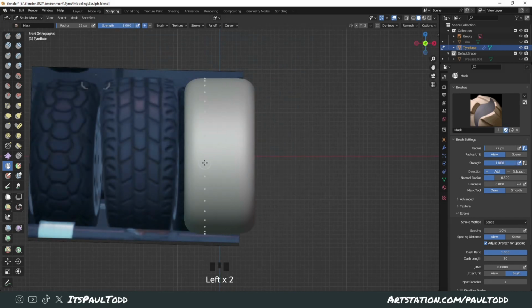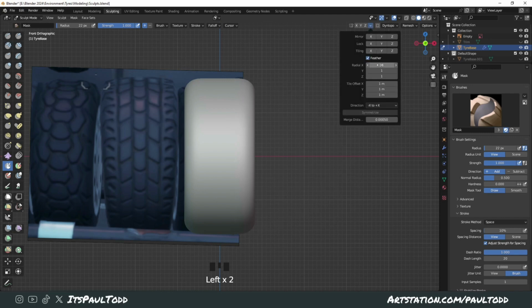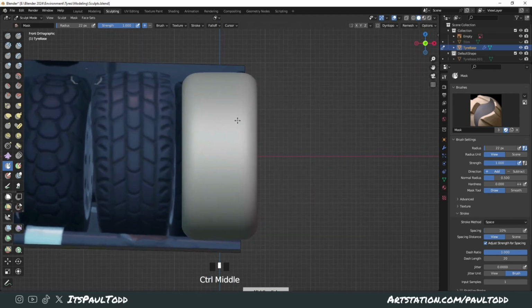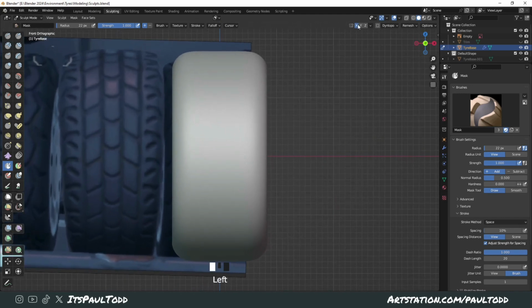So with our mask, and we're still using this radial thing. You can change the amount if 18 is not enough for you. I think it should be fine. But we'll put on X as well. We'll put on symmetry. No, we won't actually. Yeah, we will. We're gonna mark out